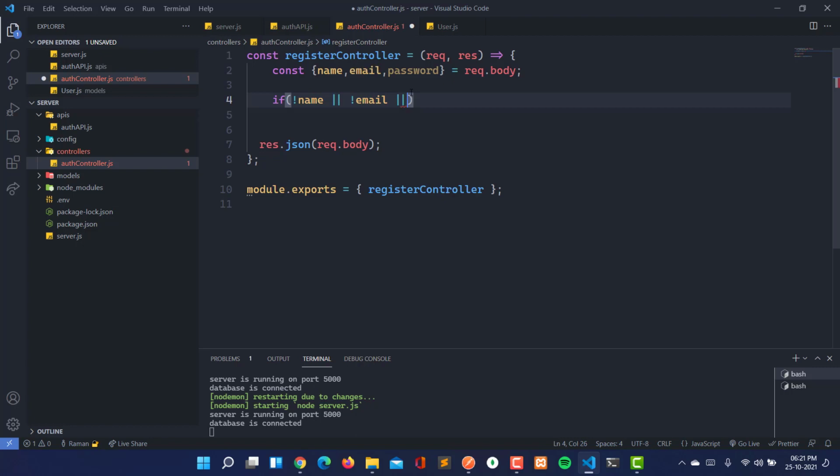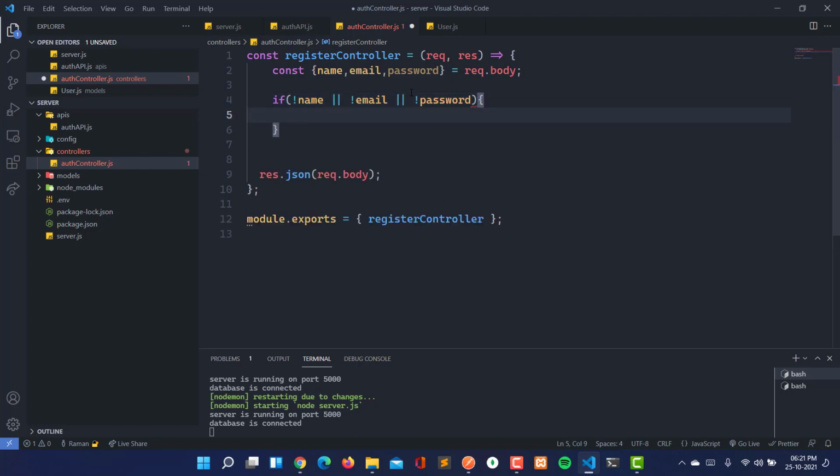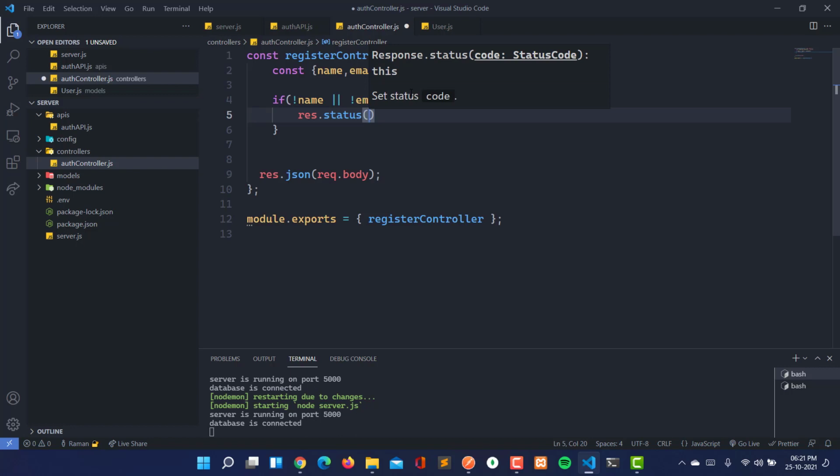So if not email is there and not password is there, we are just going to send response.status. We are going to set the status to be like 404.json, or instead of 404 we can write 403 for the forbidden, but I'm going to write 400 only.